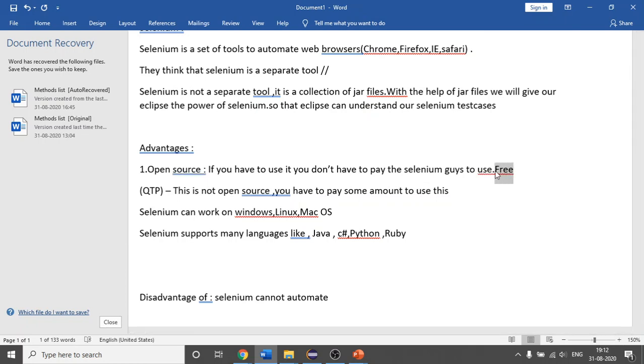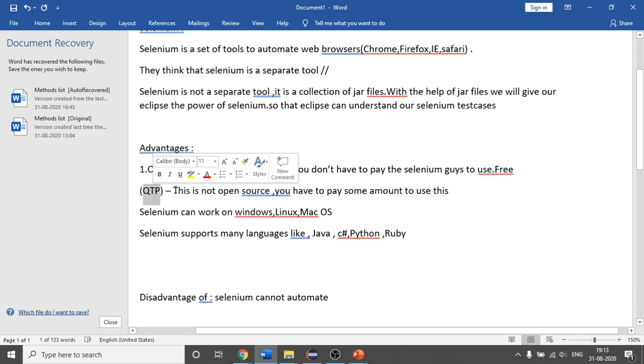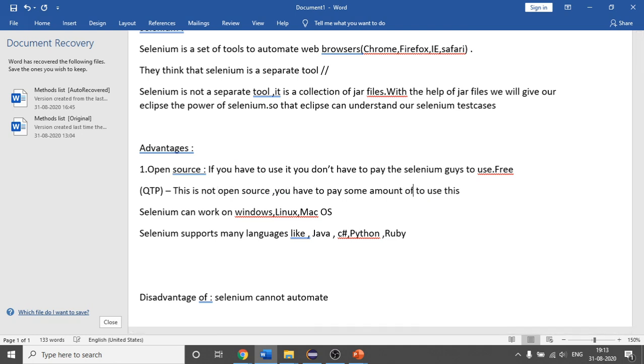There is one more tool, QTP. I am not remembering the full form of this as of now. It is not open source, meaning you have to pay some amount of money to use it.